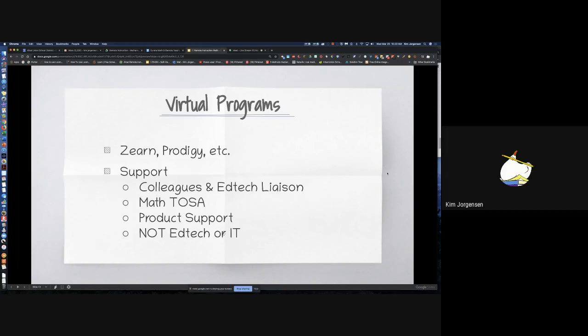There is one other thing you can do with Zern without actually getting your kids on an account, and another way you can use this. I will make a video or a presentation of this later, because this is already long enough, but it goes something like this. In your teacher account, you can go to each lesson and click on the main part of the lesson, which is the math chat or whatever they're calling it that day. You can watch what the students would be watching, respond as the students would be responding, and record your screen while you're doing that.